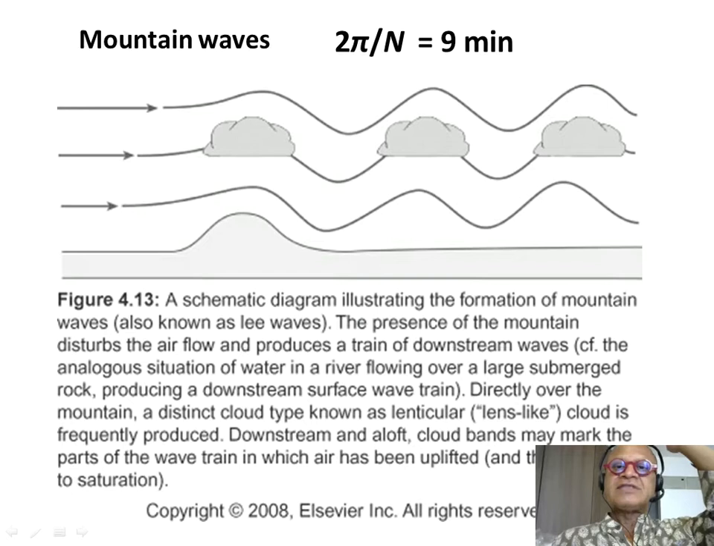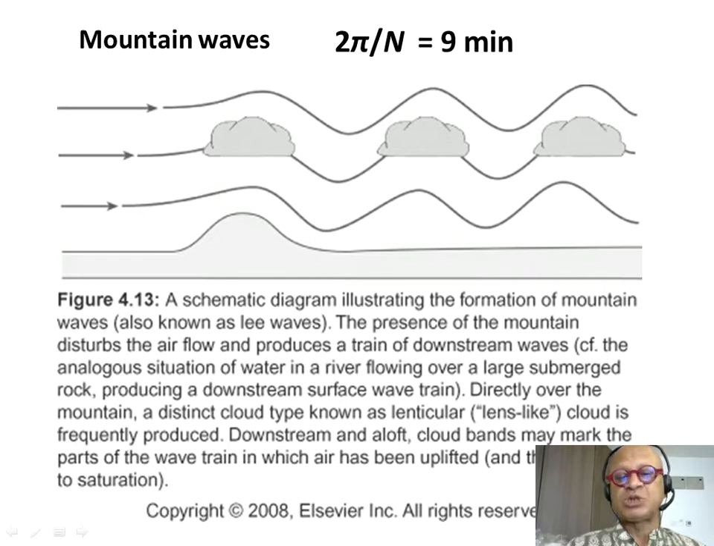What can we do with it? You can estimate the period of the gravity waves. 2 pi over N is about 9 minutes, and you can see a schematic of ways to generate gravity waves. Here is a flow that's coming along, hitting a mountain. It has to rise, expand, cool. The moisture in it is going to condense. You may generate distinct cloud types over the mountain known as the lenticular cloud,